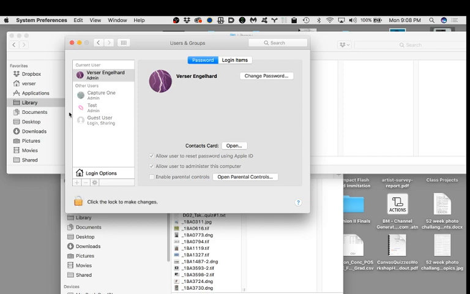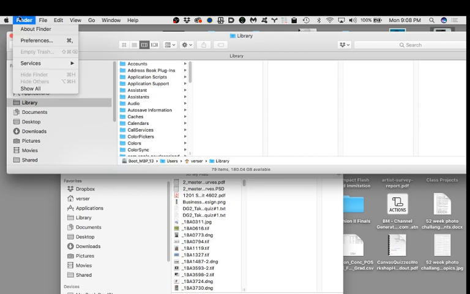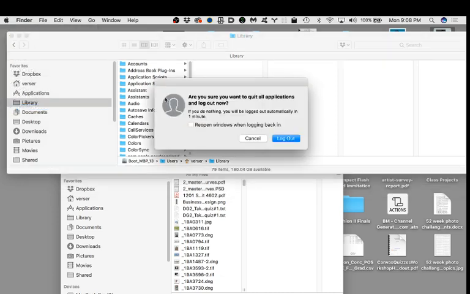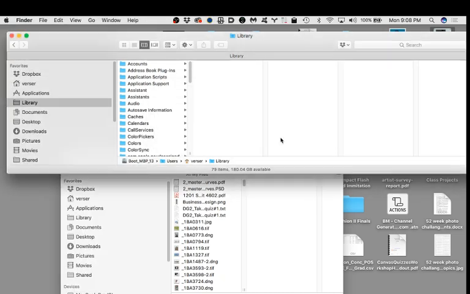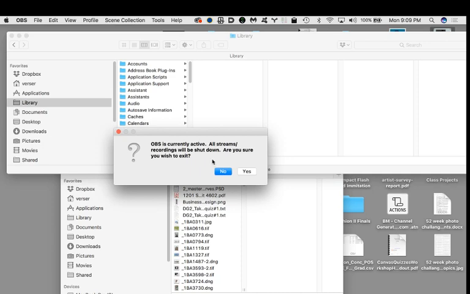So I'm going to say, okay, this is all done. I'm going to lock it up again. I'm going to close this guy up again to actually log out of the user that I'm in right now, because you can see the user that I'm in right now, I logged in as Verser. If you come down here in your Apple menu, you want to log out as Verser Engelhard, bless you, and I'm going to say log out. And it will quit if it needs to. If I need to save anything, it's going to offer to save me something. It's saying right here that my recording program is active, and it's going to say